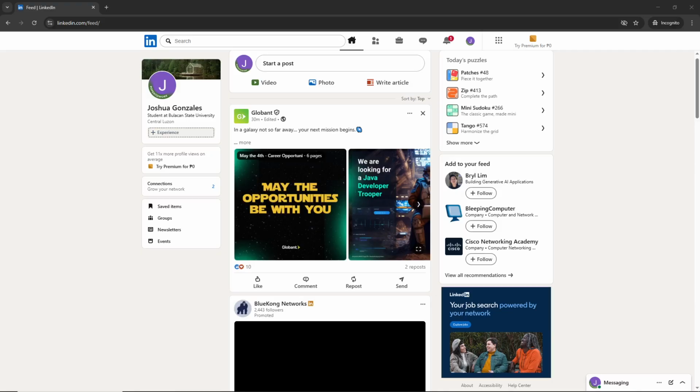First, open your browser and navigate to linkedin.com. Once the page loads, log into your account using your credentials. Make sure you're fully signed in before moving to the next step, as you'll need access to your account settings